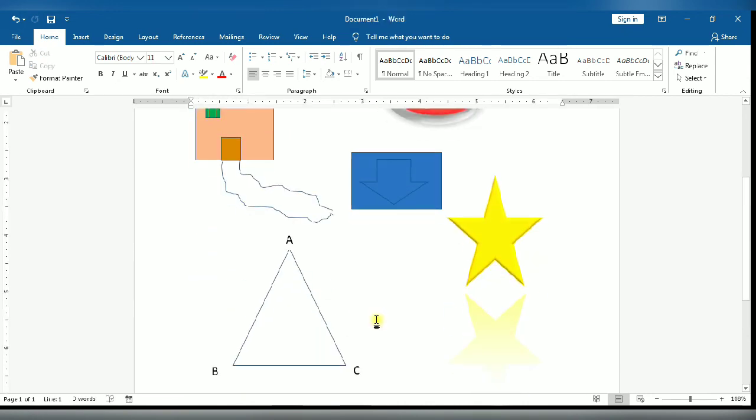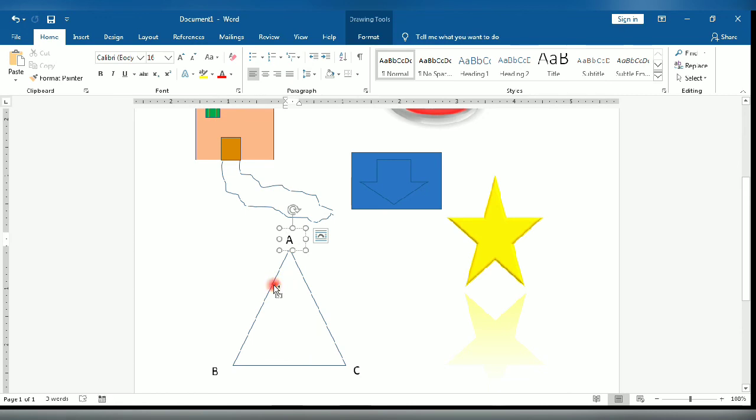Now we are going to group it. Select the shapes one by one, as I had told you.